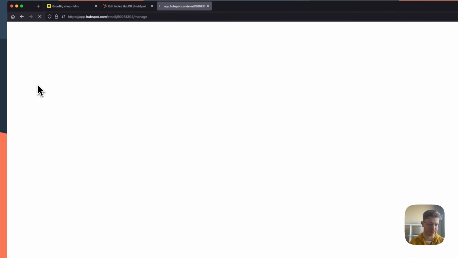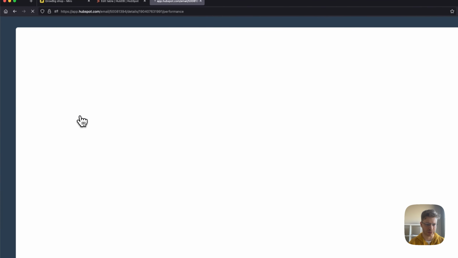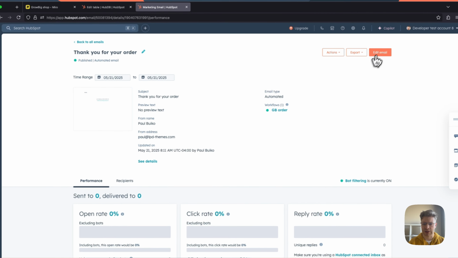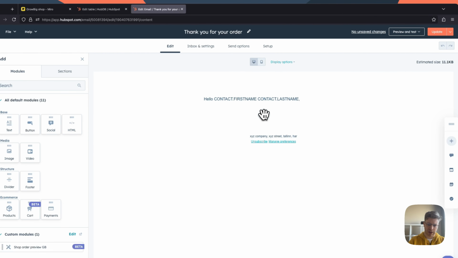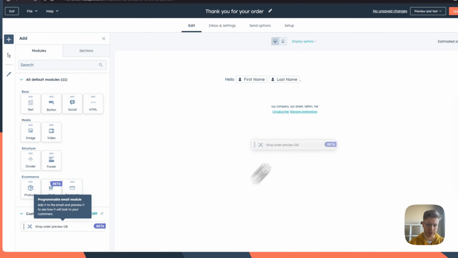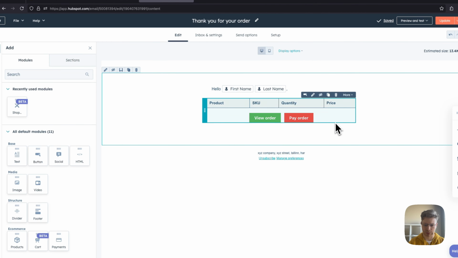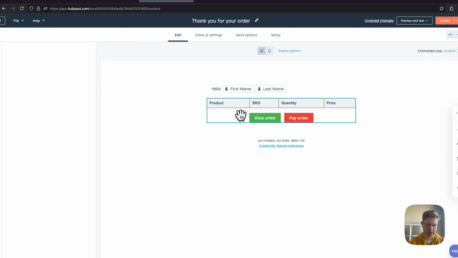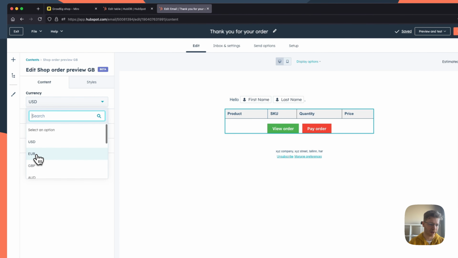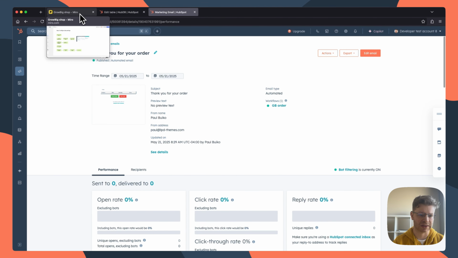Let's go to emails. We already have here a new email the application has created. Just let's go to this email. Let's edit. Here's the space missing module. Just let's find this module here and we will drag and drop it here. This one we can remove. Here we have to set also euro currency. And let's update all changes. Okay, once everything is done,